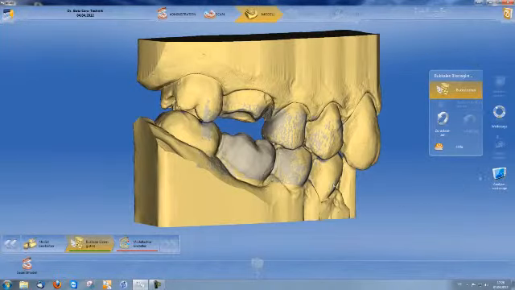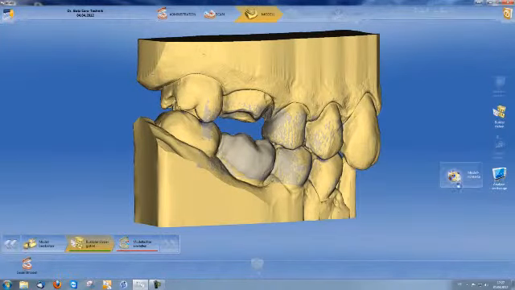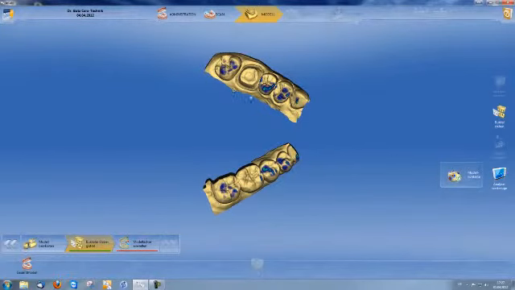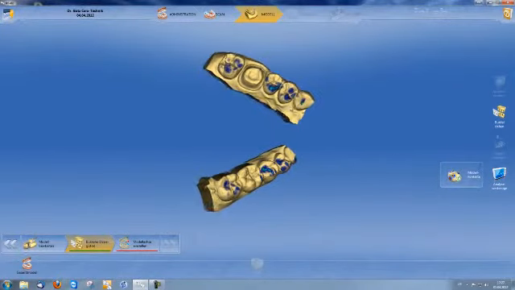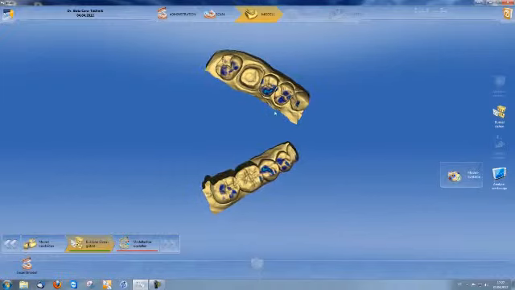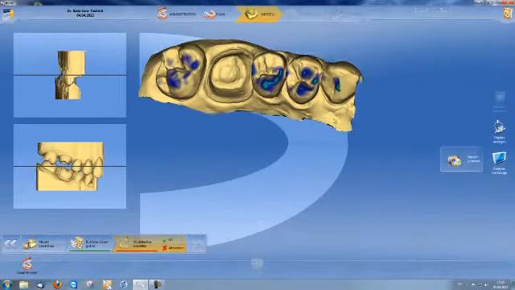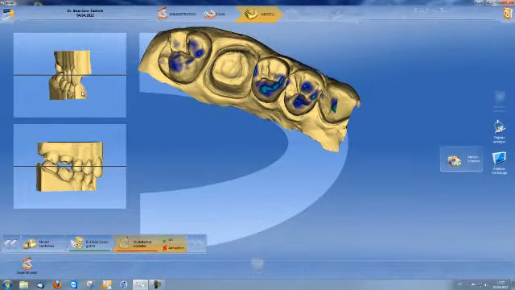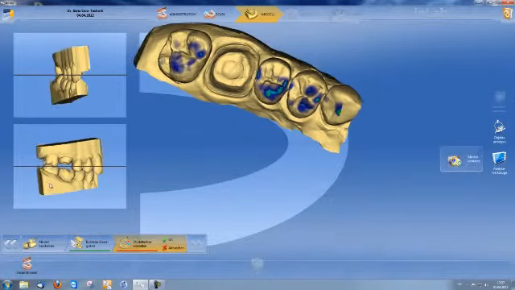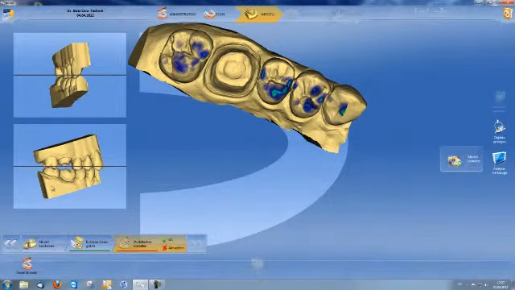I can now check my contacts in the occlusion via Analysis Tools, Model contacts, in order to compare these with the articulator if necessary. I then align the model axes toward mesial and distal for all 3 axes. I confirm with OK